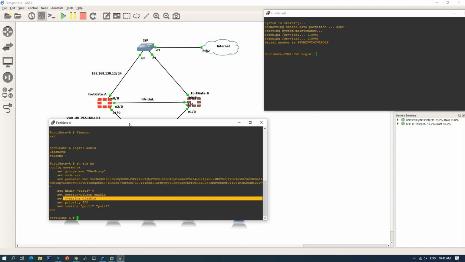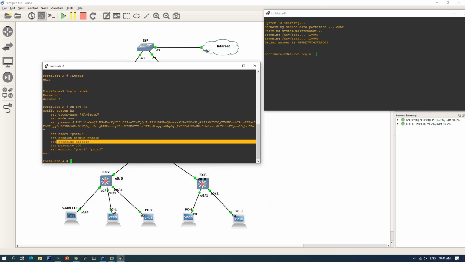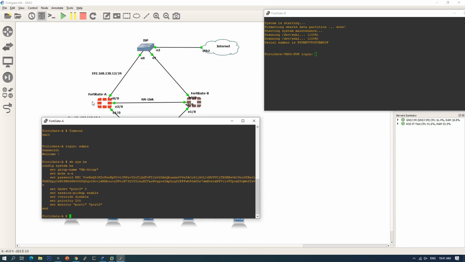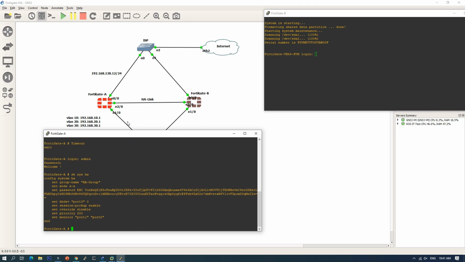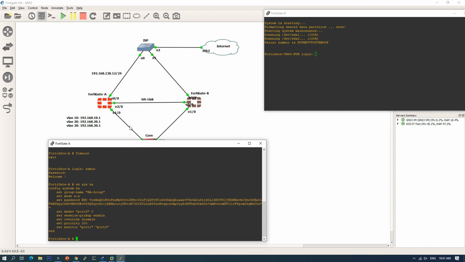Okay, because we have not enabled this option, override, if you want FortiGate A to become the master all the time, we need to enable this option. So when the link goes down, or the link has a problem, or FortiGate A has a problem, HA happens and FortiGate B becomes the master. After that, for example, you have fixed the link and everything is back to normal.